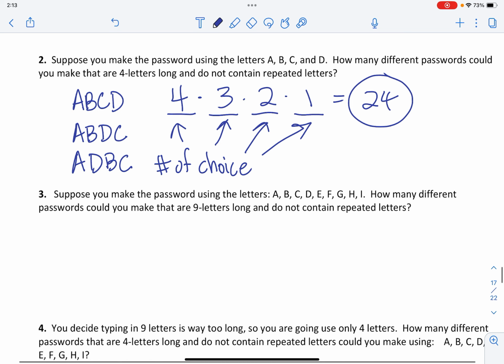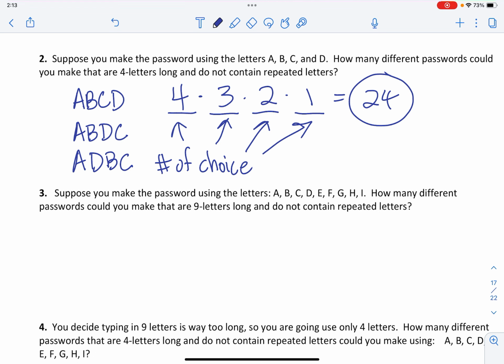Okay, let's use that technique for an even longer one. Now, if we have 9 letters, right? So we have 9 choices for the first, 8 for the second, 7, 6, then we just keep on going until we fill up the entire password. Now I have to calculate that in my calculator. Well, it's not too hard to calculate that. However,